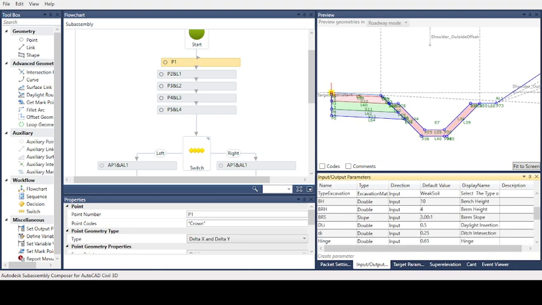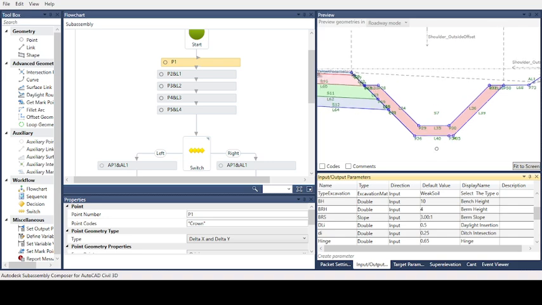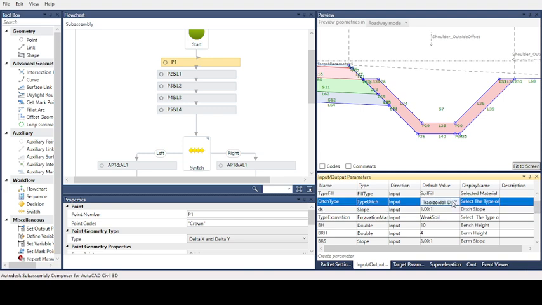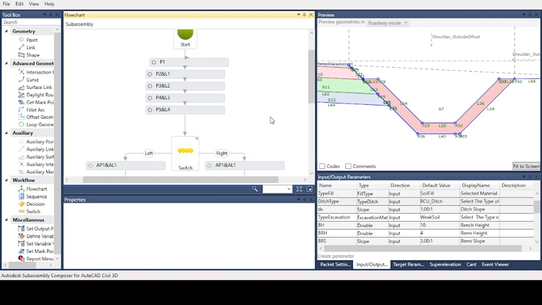As you see, this is the trapezoidal ditch, and by changing the ditch type, we can change to reinforced concrete ditch. We click this one, and we will change to the concrete ditch.